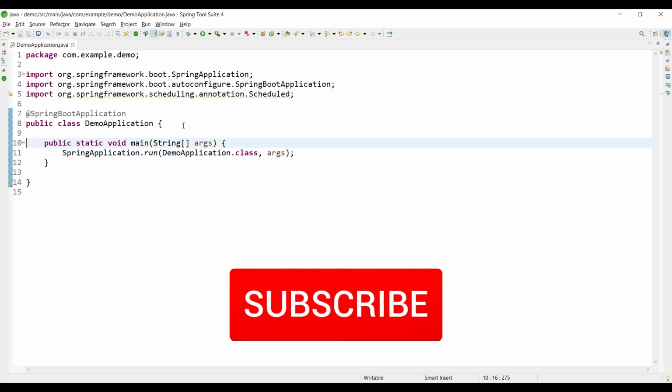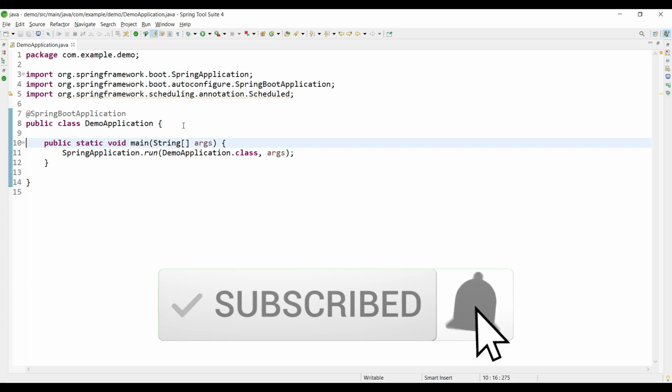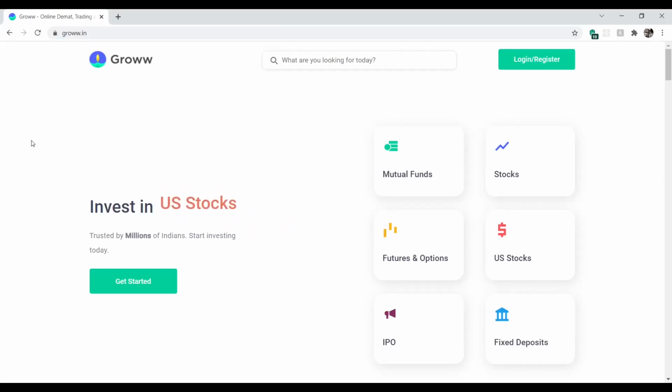Before we jump right into the code, let's discuss why you would need a Spring scheduler. Let's take a practical example. This is a website called Groww. It lets you invest in stocks and mutual funds. There's a feature in this Groww app where you can download your profit and loss statement. Those statements get emailed to you directly on your email address, and those emails will be sent after 12 a.m., that is, the end of the day. This is a perfect example where we can introduce schedulers.